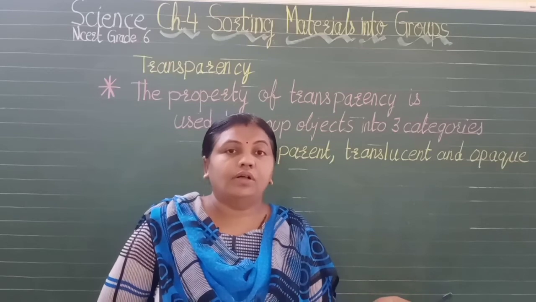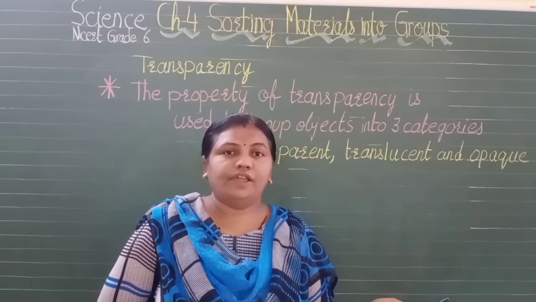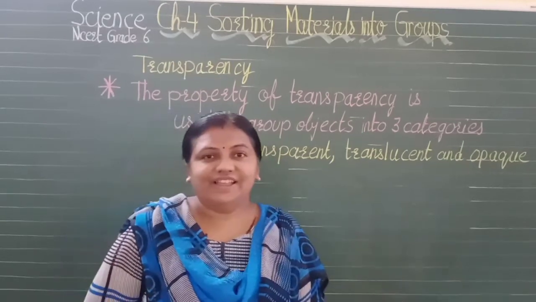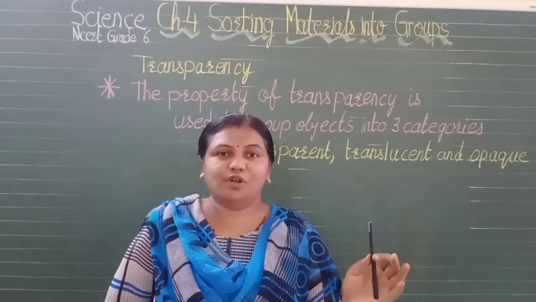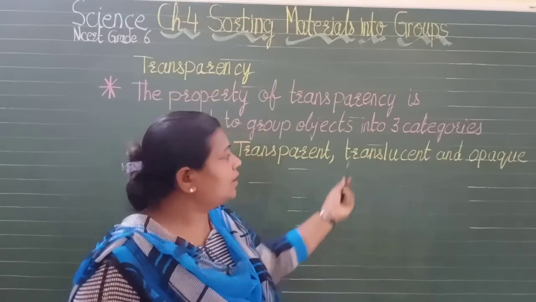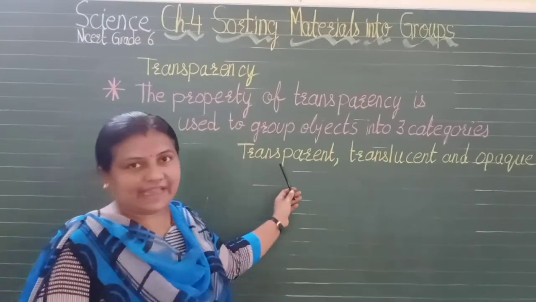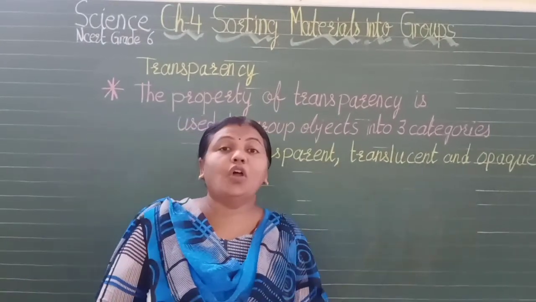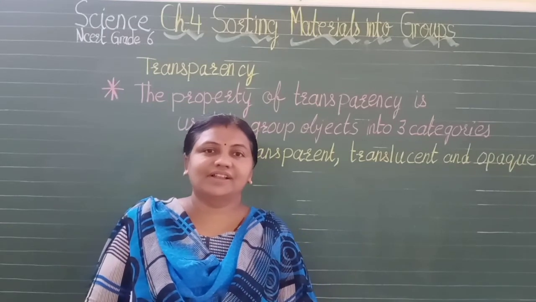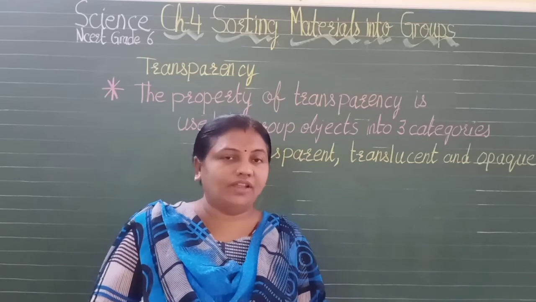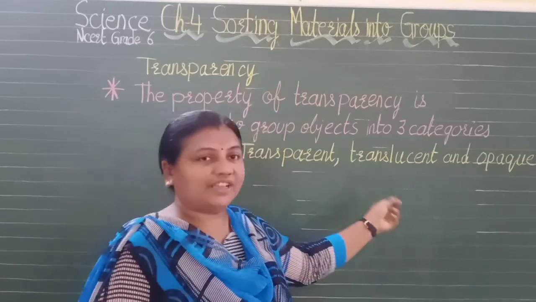A wooden door too. But you know very well, in the Harry Potter episode, Harry enters the wall. But in real life, it is not possible. A wall is an opaque object. So now you are clear with all these categories: transparent, translucent and opaque. So the oily paper, the patch you have made due to oil, falls under translucent.